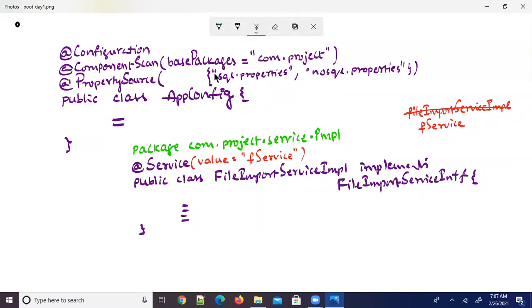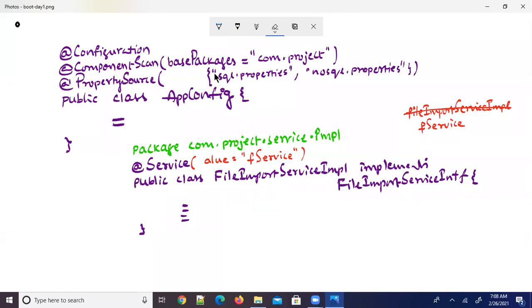One thing. Now again look at this. Here I am writing this annotation at class level, with only one element, and that one element is value. The point to understand here is, when you write an annotation with only one element, and if that element name is value, then you can avoid writing that element name. It is optional, means not mandatory. So the same thing I can write like this.